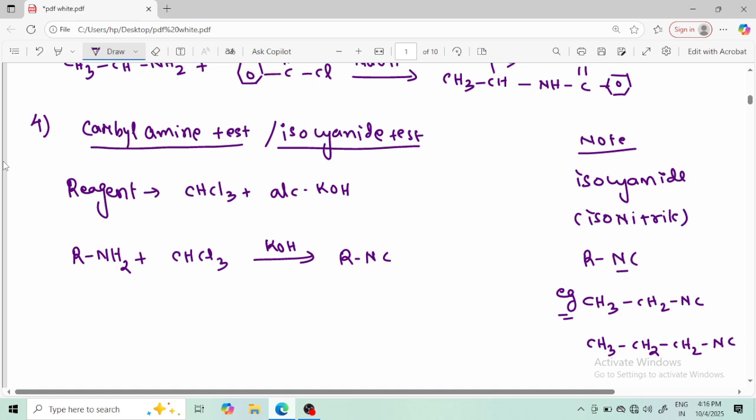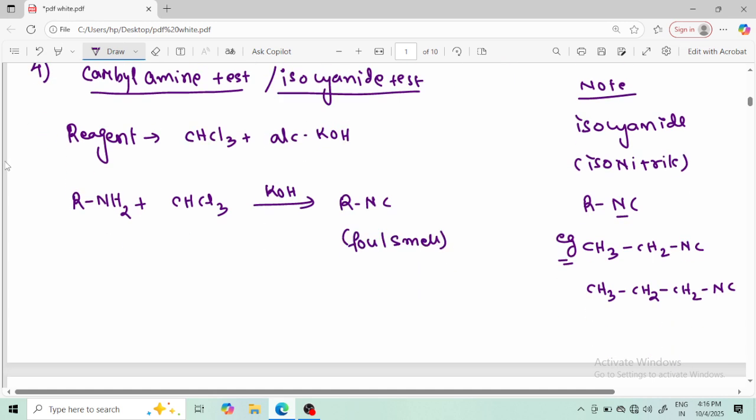Now this RNC, this isocyanide, has a very foul, bad smell. Okay, clear? Now remember, this test is given by